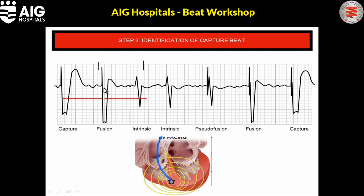Here the pacemaker has given a stimulus, and at the same time the intrinsic heartbeat has also come. So both have competed with each other, and one half of the depolarization of the heart has happened due to the pacemaker, and the other half has happened due to the His-Purkinje system. So this is an intermediate complex. Intermediate to what? Intermediate between beat 1, which is a fully captured beat, and the third beat, which I call